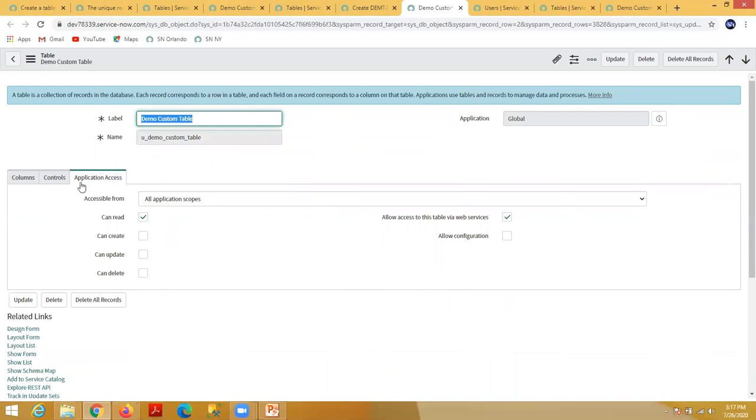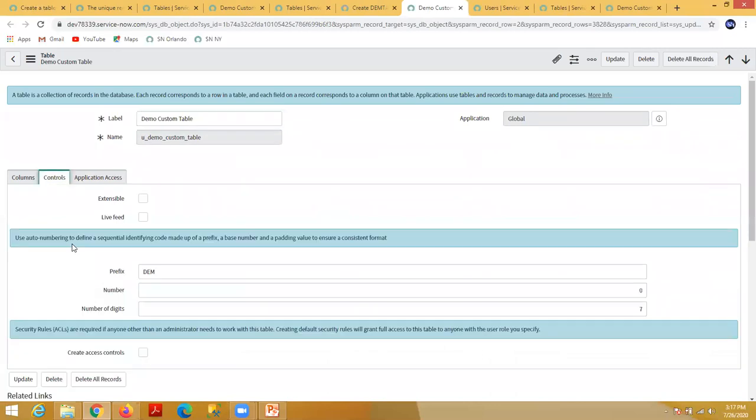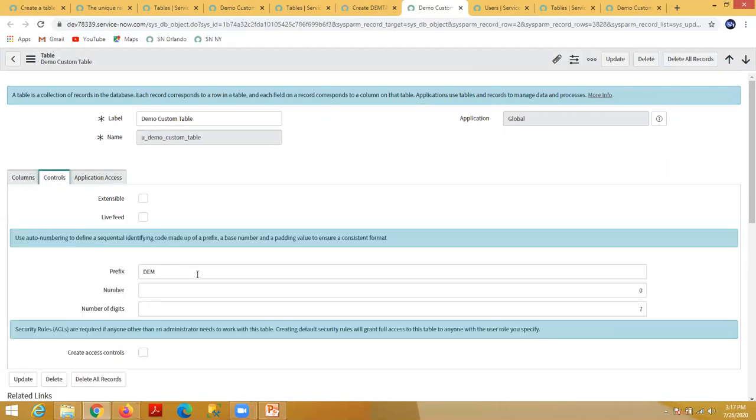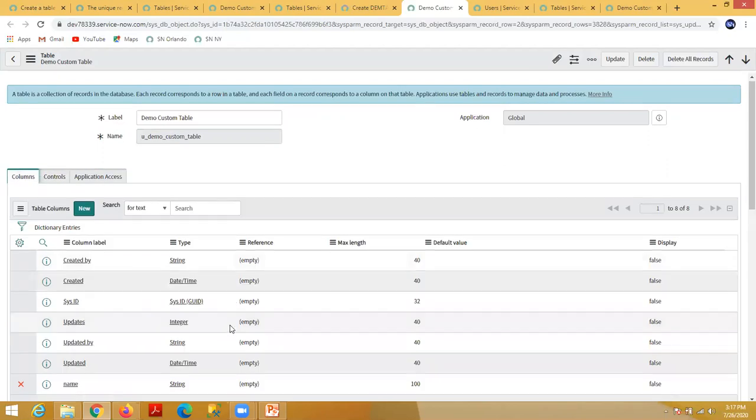But this is something you have to design at the architect level. You cannot change anything in this table except columns, because you cannot change the table name or the prefix and other things that are already created. So at the time of creation, you have to decide all these things.